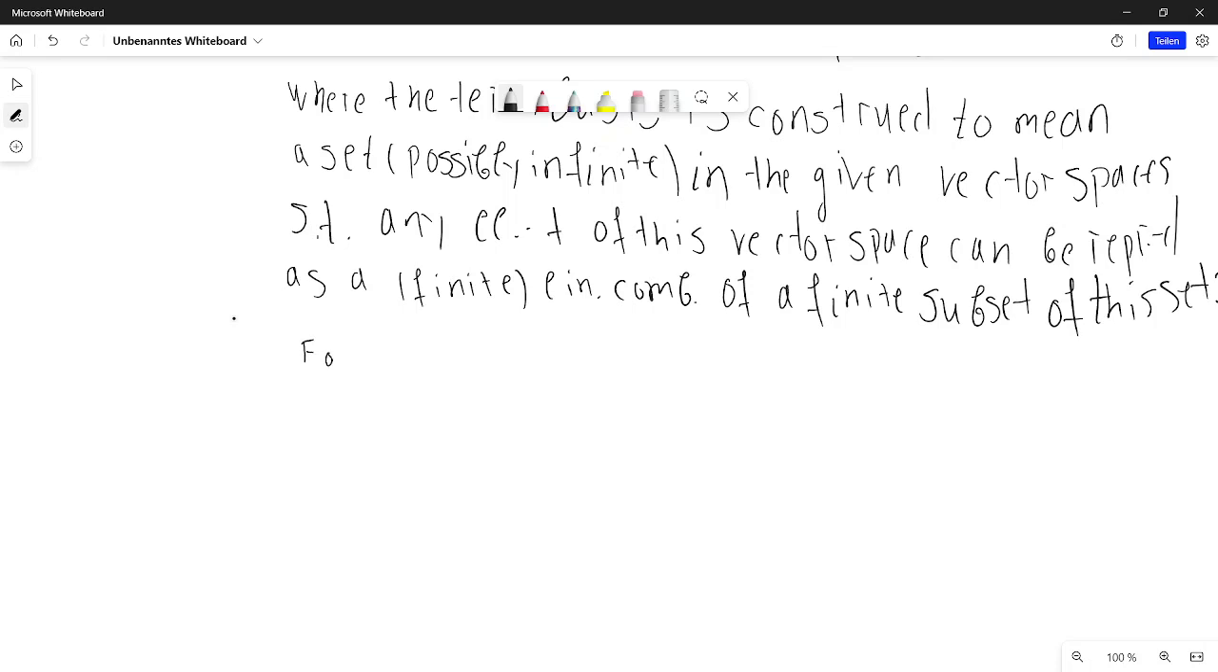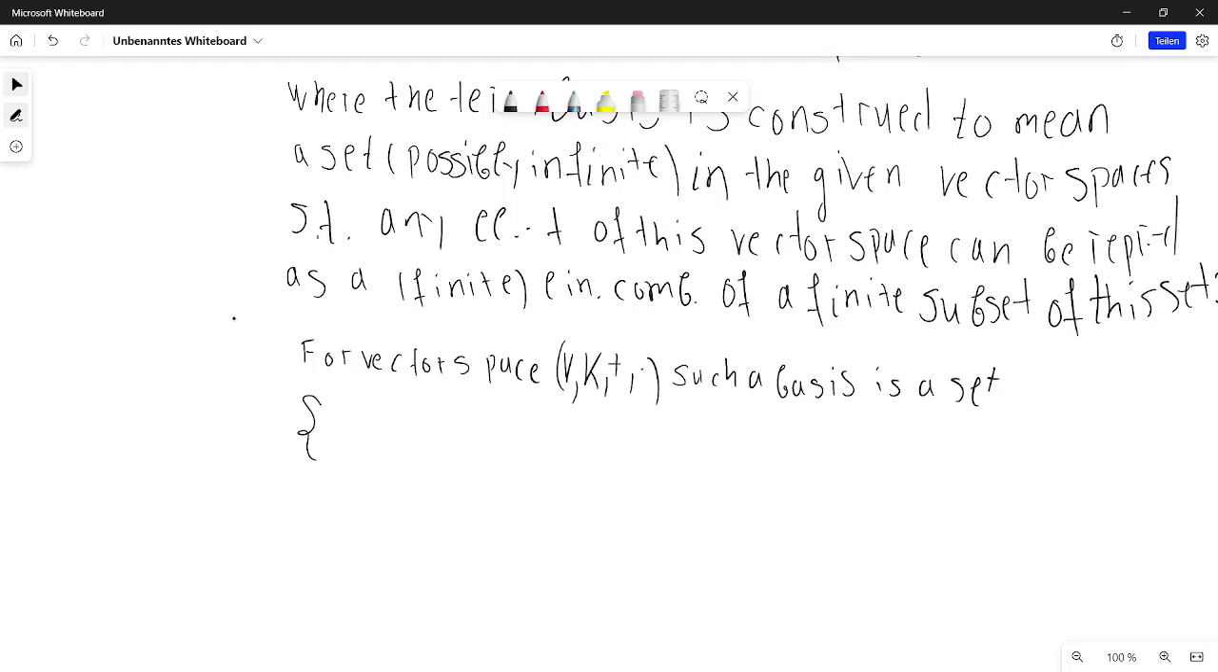Alright, so if we have a vector space V over a field K, we have such a basis as a set, that's just a set X indexed by some index set that's not necessarily the natural numbers. It could be real numbers or whatever, just some index set by which we can index these elements, right, such that for an element v in V